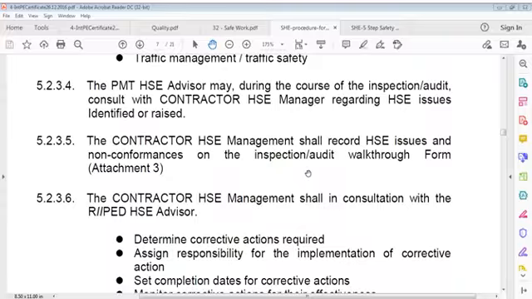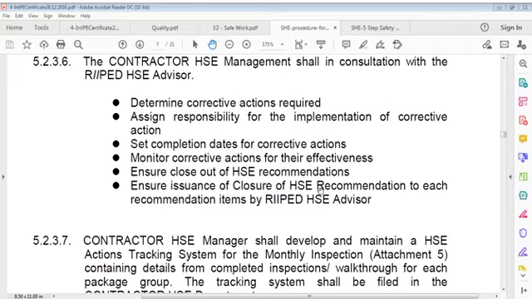Contractor Safety Management Organization shall record HSE issues and non-conformance on inspection, audit, walkthrough form, Attachment 3. And when I say management, it means organization. Corrective actions: monitor corrective actions for their effectiveness, ensure close